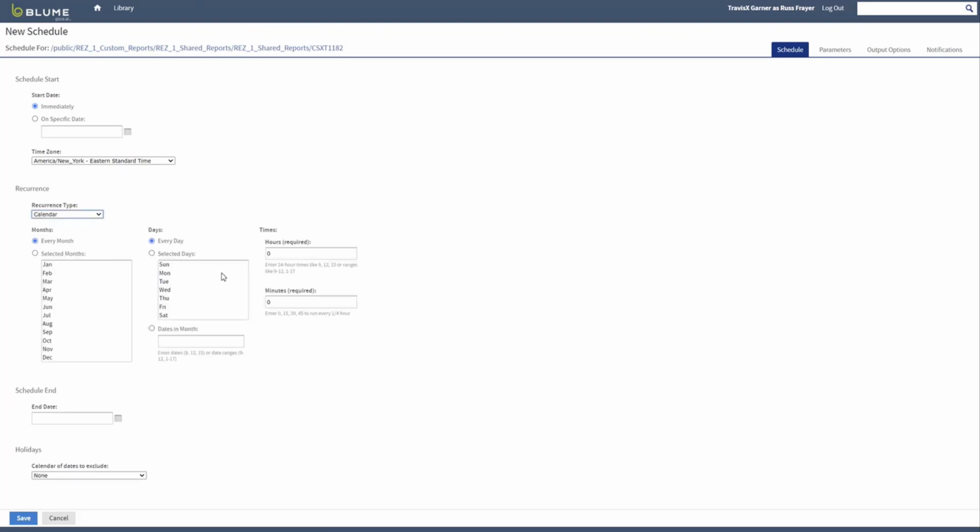A lot of our users, we find, use the calendar recurrence. You can be a lot more granular about when you want this to run, even down to the hour. So if you have it running once a day, you can set it up for just the weekdays. If you're only working 5 days a week, you can select those days. If you only want it running twice a week, you can set it in here to run. You can also do it within date ranges, for example, I want it to run on the 1st and the 15th of every month. They have a little more flexibility in how they want this data pushed out to them. Once they've filled this out,